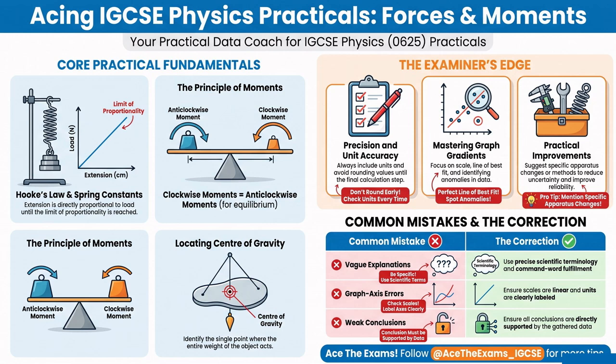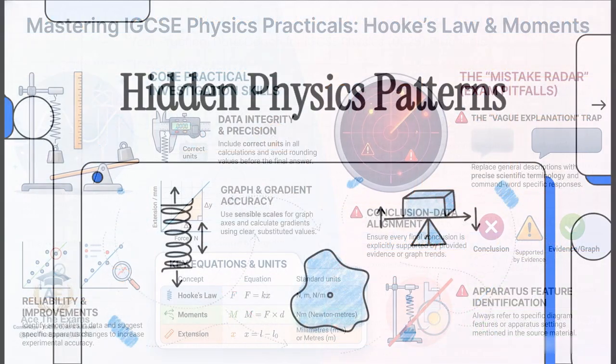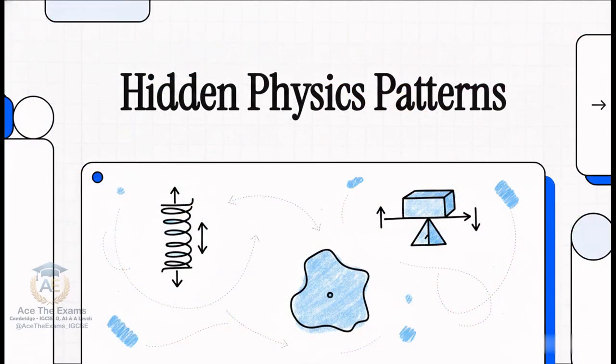You walk out of the exam hall totally certain you nailed the physics. You memorized the equations, you understood the concepts, but then results day hits, and your grade is way lower than you expected. Why? Because there's a massive hidden gap between what you think your teachers want to see and what